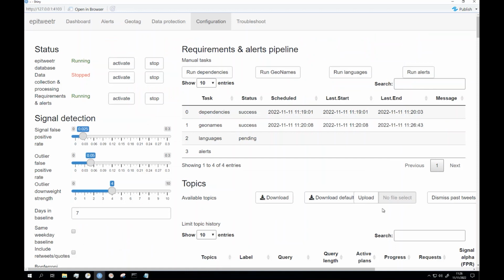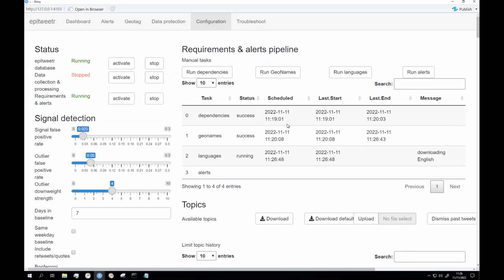We can see now that after some minutes, the task GeoNames has finalized, which means that this database has been downloaded and is ready for epitweetr to be used for the corresponding functionalities. Now it has started to download the different languages. It will start by alphabetical order, which in our case, the first one is English, and then we have 3